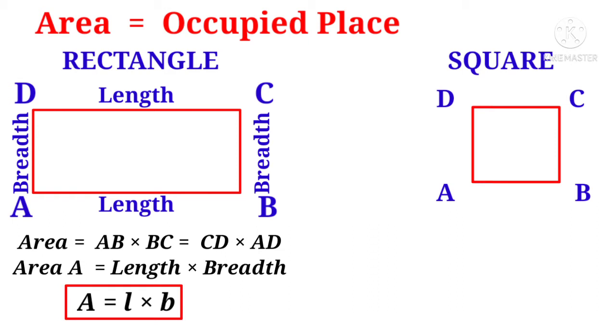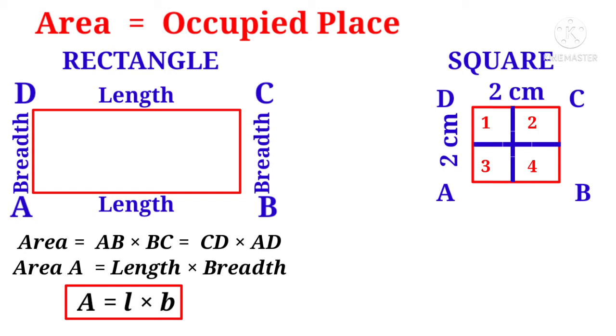Now let us find out the area of the square. Observe the green color occupying inside the square. That is the area of ABCD. Now let us take 2 centimeters length of each side. Now draw a vertical line and a horizontal line dividing each side into 2 equal parts, that is 1 centimeter each, so that 4 square blocks are formed. So area of these 4 squares is nothing but the area of the square.